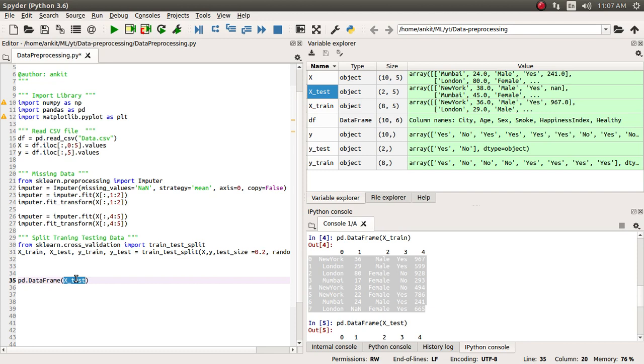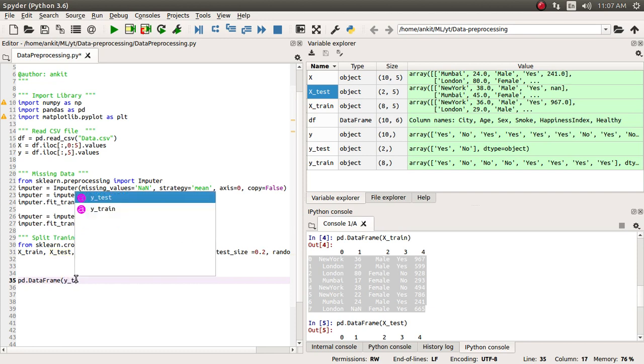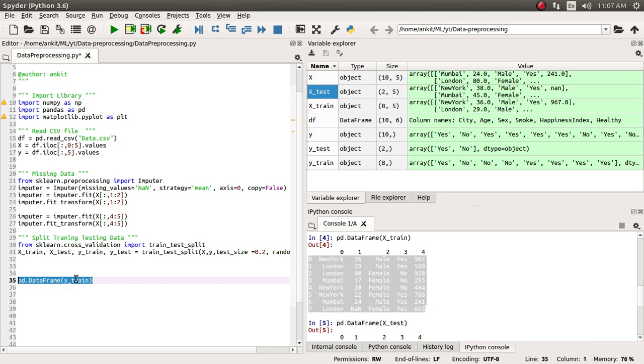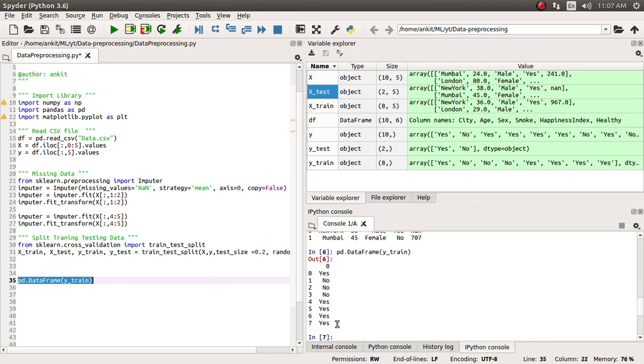In the same way you can see y_train, where there are a total of 8 values, and y_test, where there are a total of 2 values. So this is a very fine way it has split all our records into an 80-20 ratio.